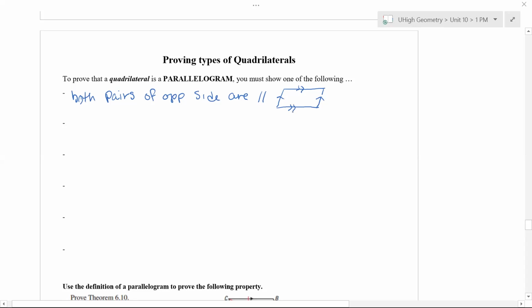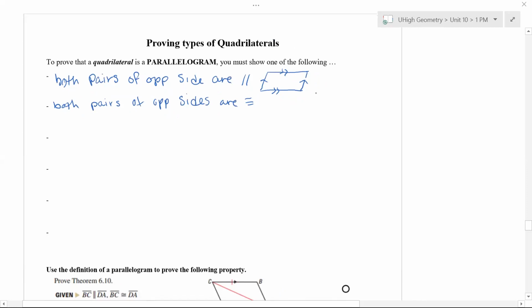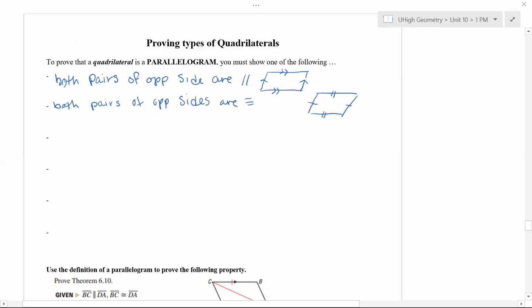All right, the second one is going to be pretty similar. It's going to say if both pairs of opposite sides are congruent. In this one, I'm again going to draw off to the side and do a mini proof for this one. If I know that my opposite sides are congruent, I'm going to switch colors here. What I could do is draw in